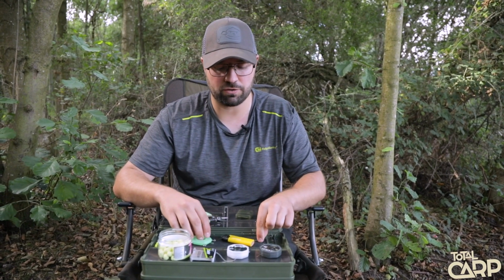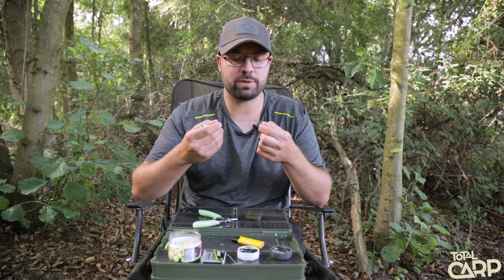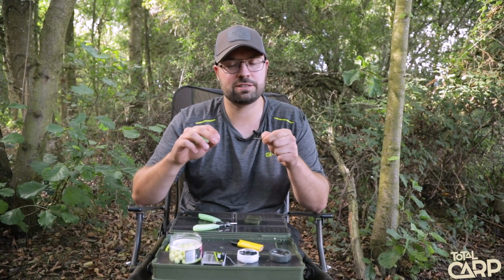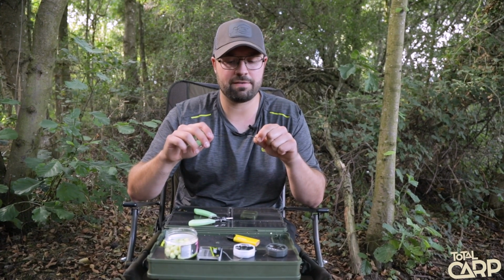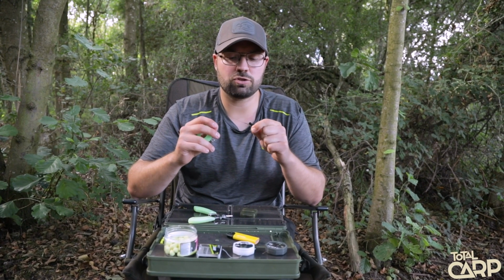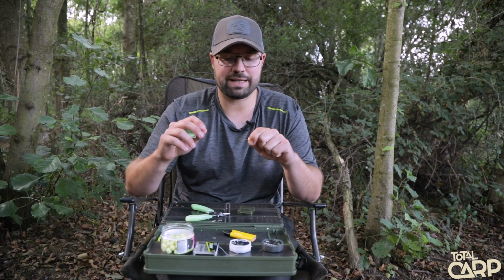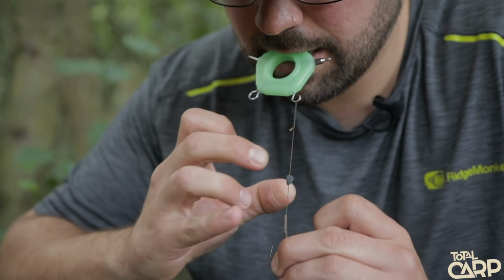So you've got to imagine this soft, well, any braid that's sort of soft and not got a coating on it, when that's going into a bag, it's naturally going in dry so it doesn't melt the PVA. But when that goes into the water and your bag sinks and melts, the first thing that water's going to do is attack that PVA, and it can sometimes cause braids to sort of lift up, which obviously you don't want. So what I'm going to do is I'm just going to